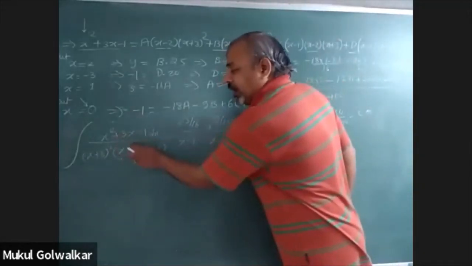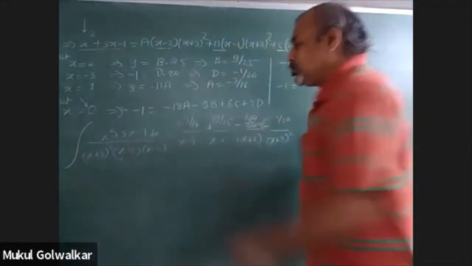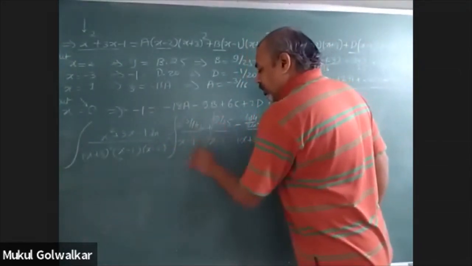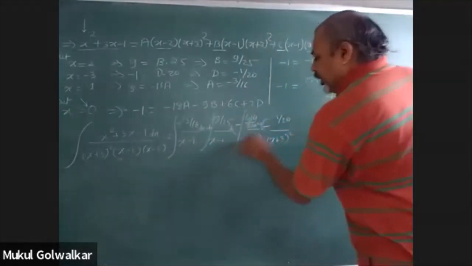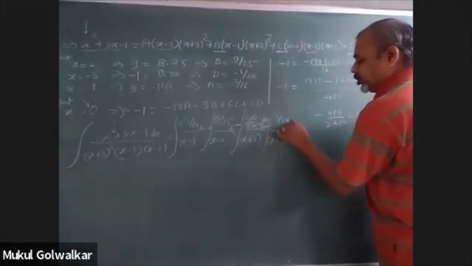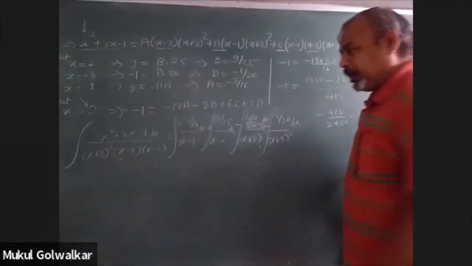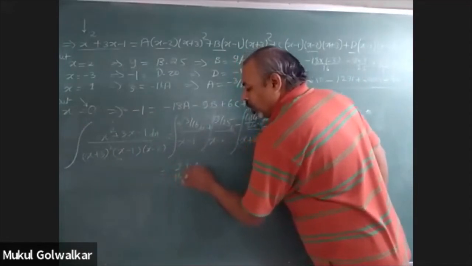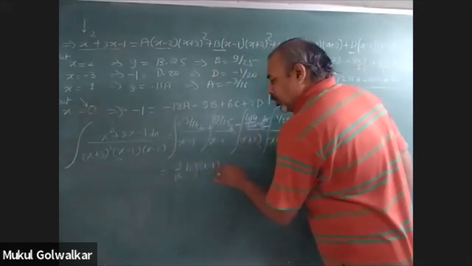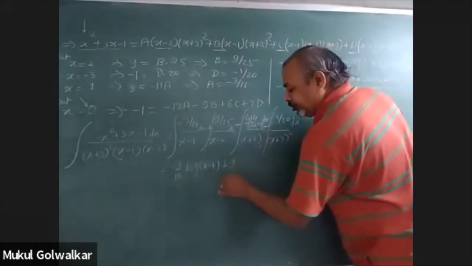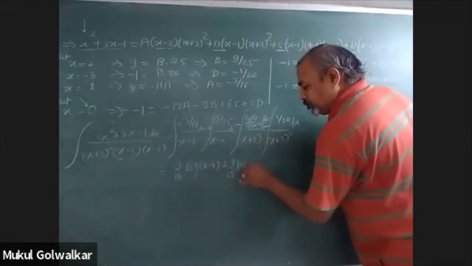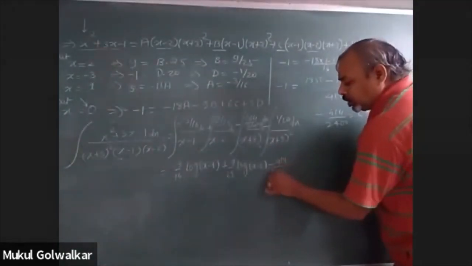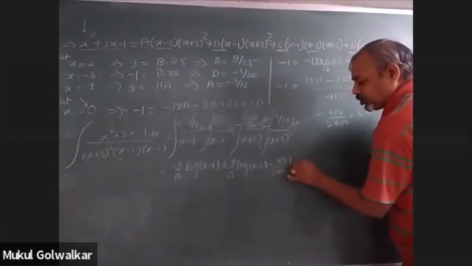Keeping that in mind, if this type of question is given, it can be integrated by integrating the first partial fraction, plus the integration of the second partial fraction, the third, and the fourth partial fraction. So directly one can write the answer: minus 3 by 16 into log of x minus 1, plus 9 by 25 log of x minus 2, minus 414 upon 2400 into log of x plus 3,